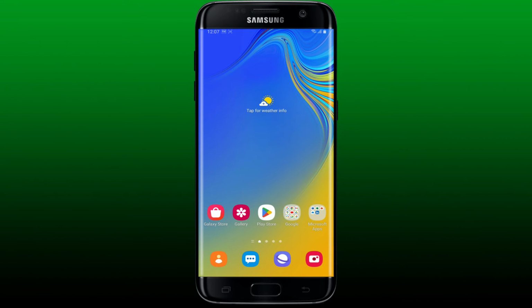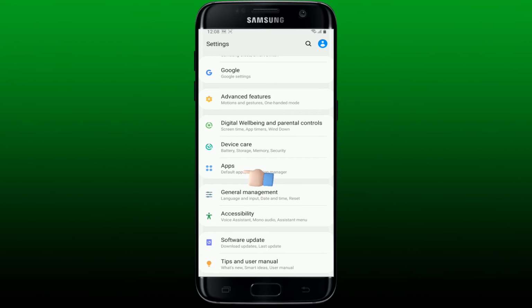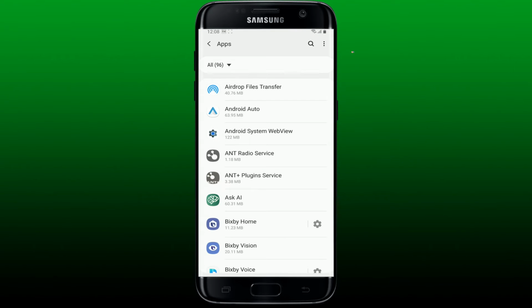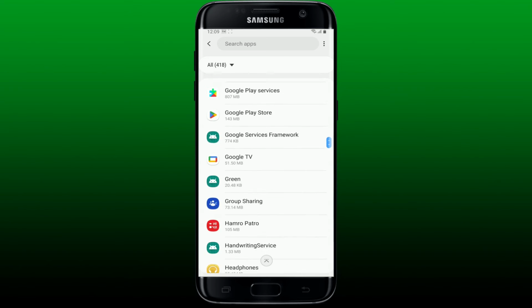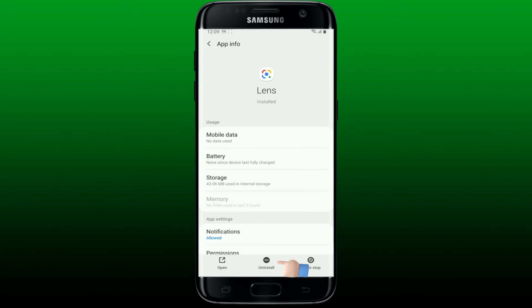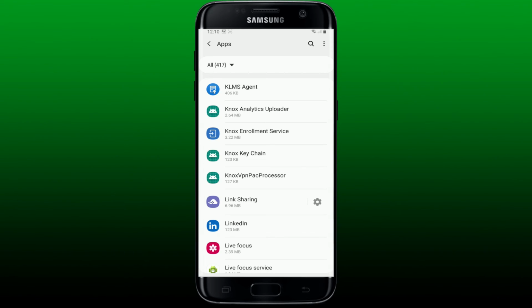Now let's get started with the video. To disable Google Lens on Android, first, go and open up the Settings app from your Android device. Now, tap on Apps. From the list, click the three dots appearing at the top right-hand corner and tap on Show System Apps from the pop-up. Scroll down and tap on Lens. Now, tap on the Uninstall button from the App Info page. Tap OK in the pop-up, and that is how you have successfully disabled the Google Lens app on your Android